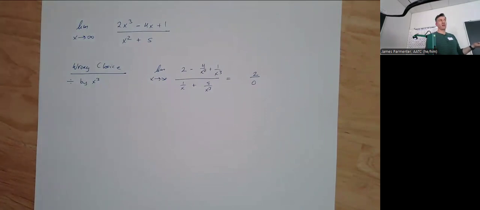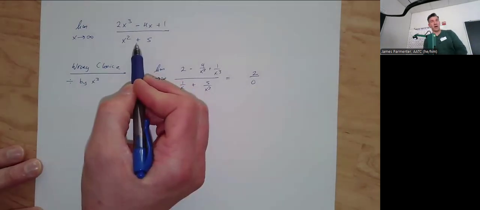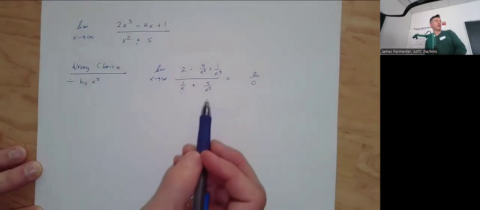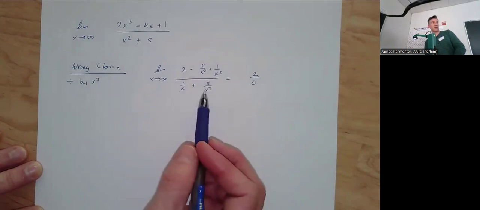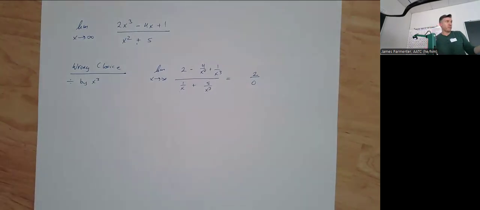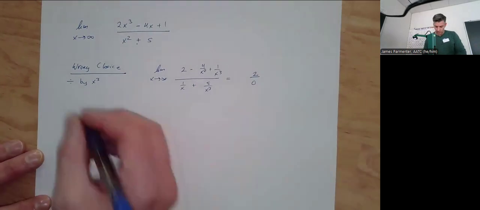We know from previous experience that when you get a nonzero number divided by 0, your limit is going to be some sort of infinity, positive or negative. But it's really hard to tell this way because we don't actually know. Especially if this had been a minus 5 instead of a plus 5, in this 1 over x minus 5 over x cubed, it's really unclear if this thing is slightly negative or slightly positive. This is the wrong way to go. The right way to go